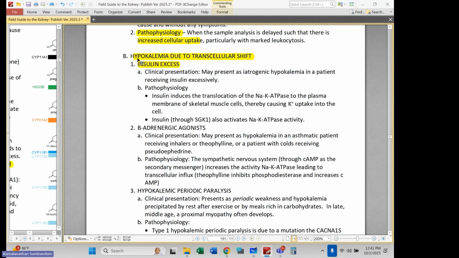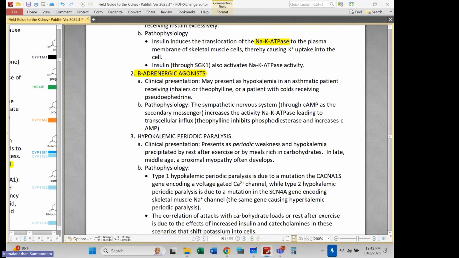Of course, you leverage some of these tools in your everyday practice of hyperkalemia. You give insulin. And so one might predict that that would be a cause of hypokalemia as well, because insulin drives K into cells, stimulating sodium potassium ATPase activity. Okay. So I think that's fairly well understood. Let's keep moving on. We can go through the beta adrenergic agonists pretty quickly as well because you use that